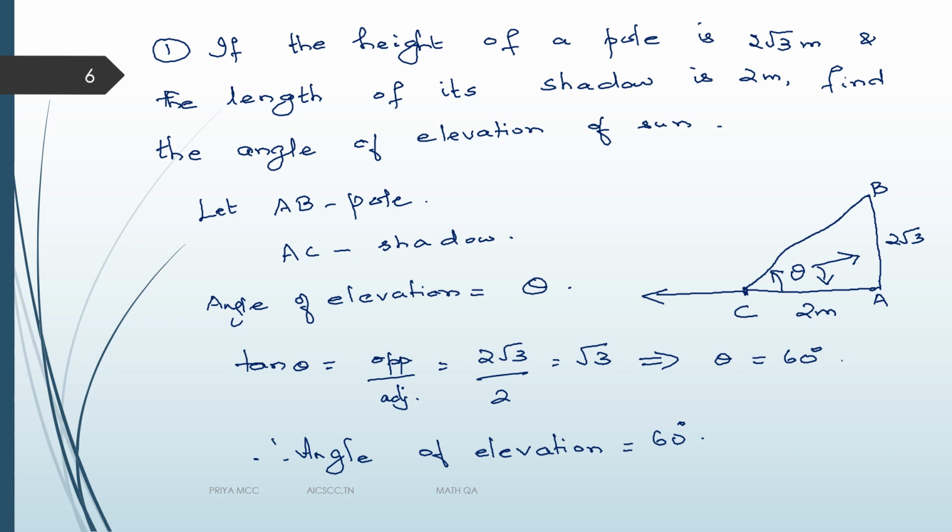As I tell in all my classes, don't worry about the context. Just look at that and try to fix the diagram. Here, pole and shadow means we just put a rod. But even if you have a river, temple, tower, whatever it is, don't worry about the shape of the diagram. Draw the skeleton diagram, just the right angle triangle there. If your right angle triangle is there, you will be able to do the problem very well. Okay, let us do another problem.